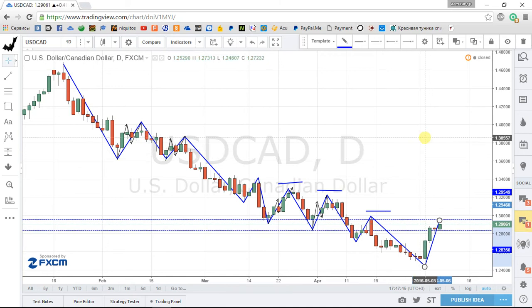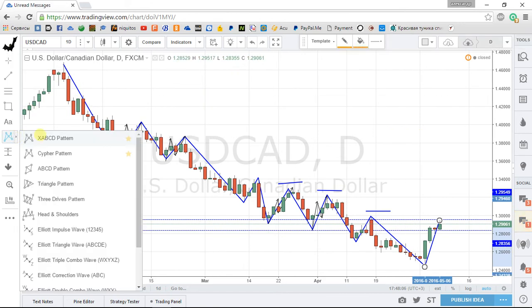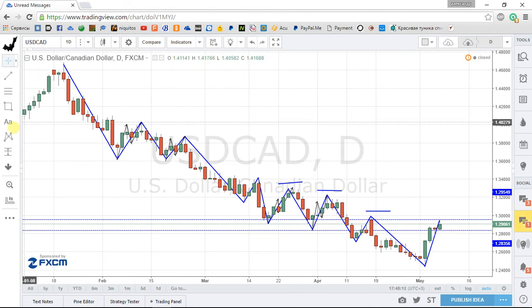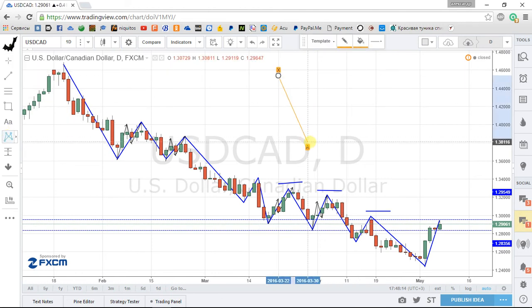For me to enter into a trade, I need to go to lower time frames to see some confirmation signs, to see some pattern formations that will trigger my entry. And my pattern formations are very simple. It is the pattern that I call unified Gartley pattern. It is looking this way